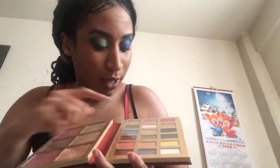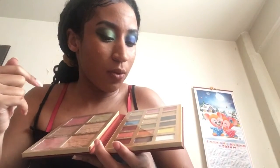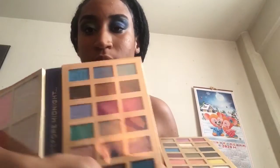So yeah. Now as far as the Belle and Cinderella side, since I wanted to use Enchantress so bad, y'all, I went ahead and first I used Mrs. Potts all over the lid, just as a base. Then, before I used Enchantress actually, I went into the Cinderella palette and I used Daydream, which is this blue. Kind of used it for the outer corner, but I didn't really like how it was looking, so I decided to put